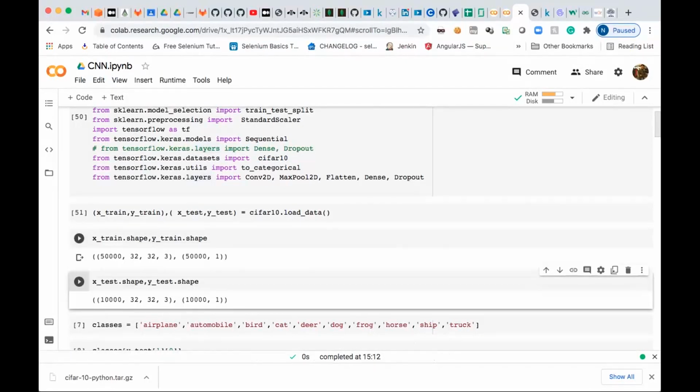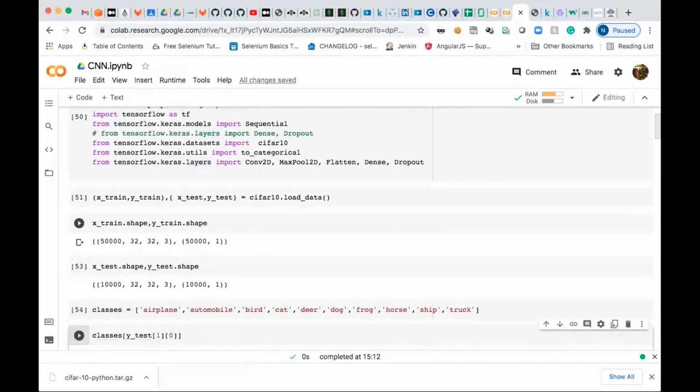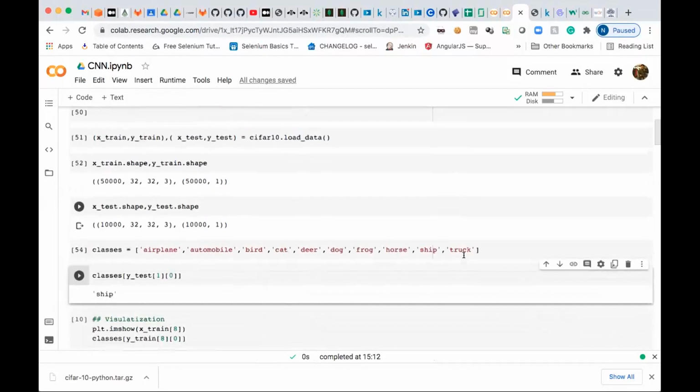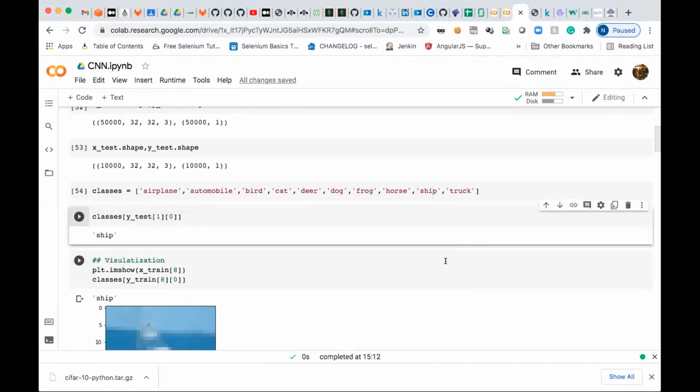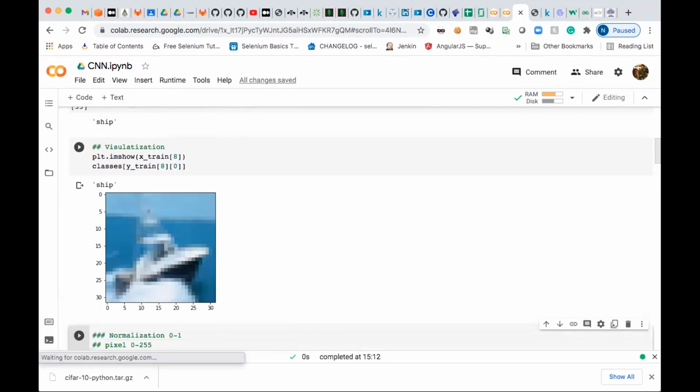So this is correct. Till here it's correct. X train also, just to verify. Okay, classes. Then just check once the classes, 1 and 0, then we will get the shape. Just run this visualization part also. Just try to change the visualization; make it 10.